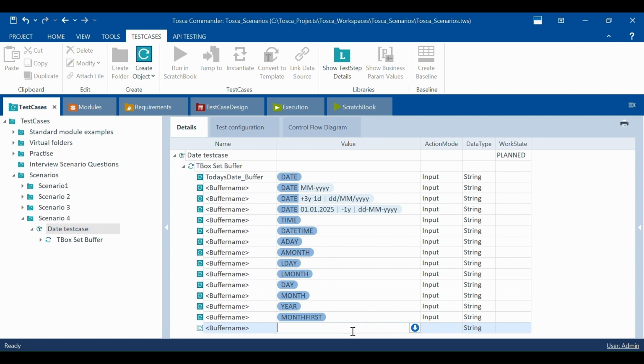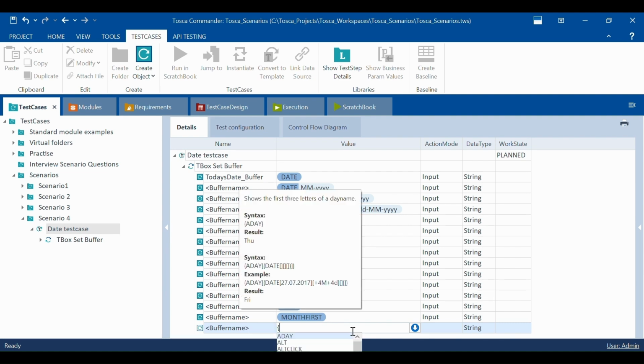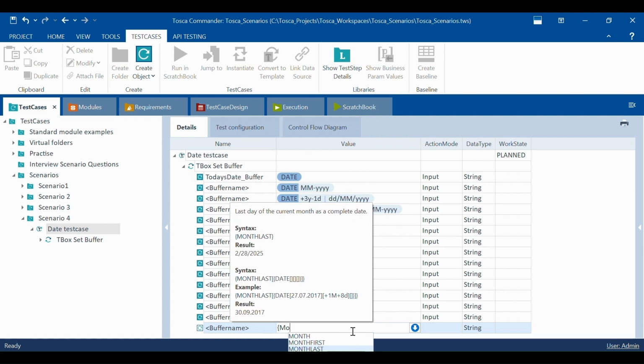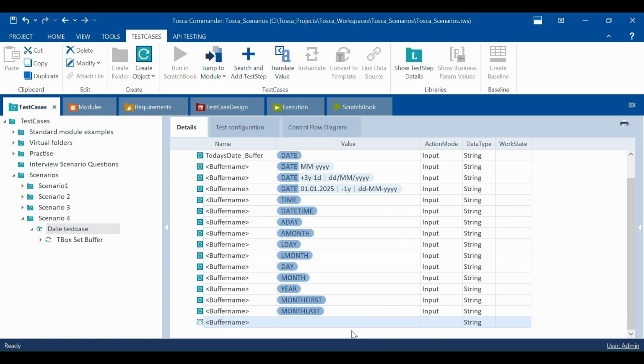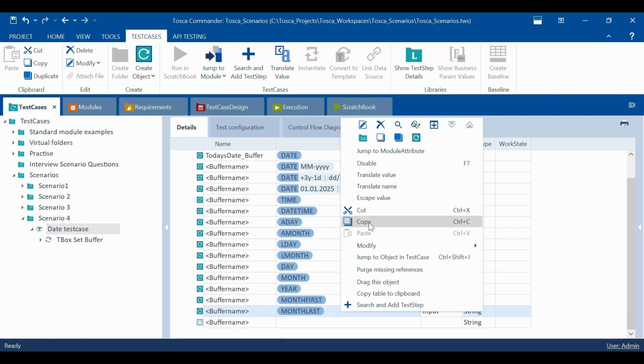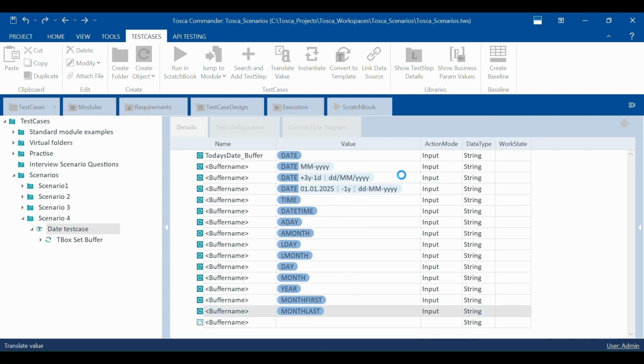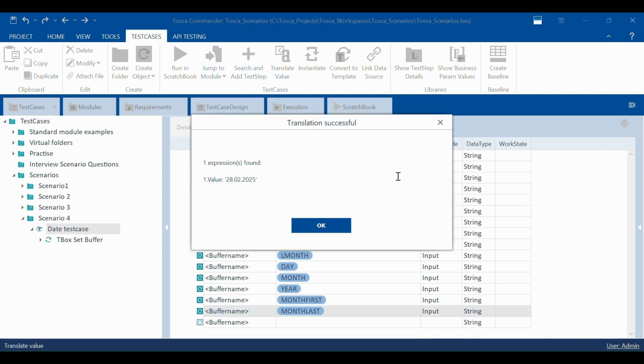So get today's last date of this, and if today's date and the last day of the month are matching, then create a report, else don't create a report. So these kinds of things will happen. So month last will be very helpful, particularly to understand whether this month has 31 days, 30 days, or 28 days or 29 days, whatever it is. So if I want month last, I'm getting